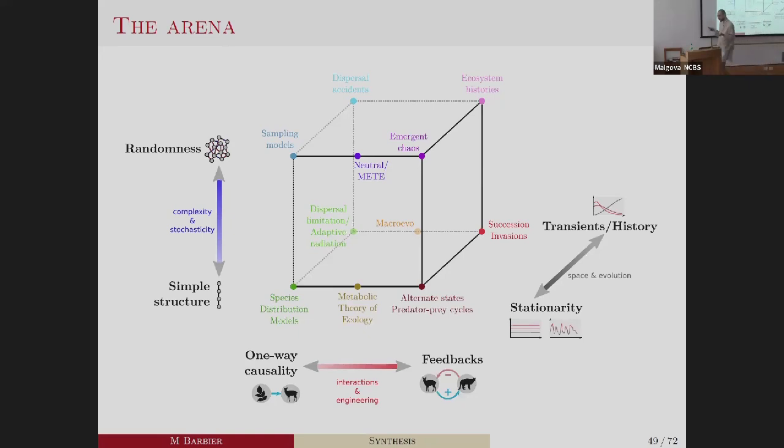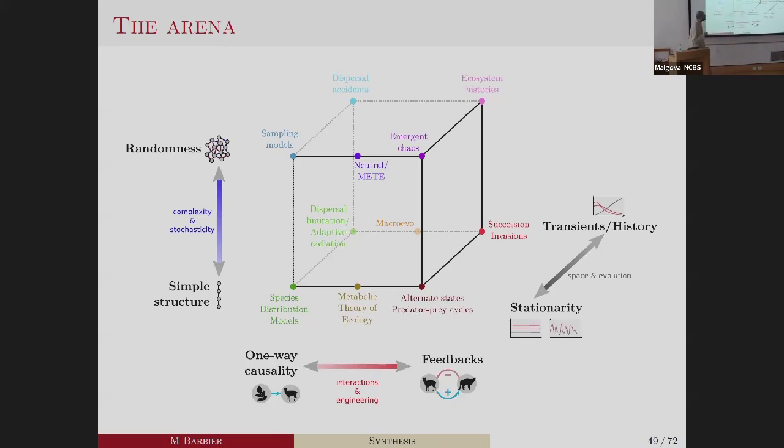And then at the end of my lecture, I'll talk a bit about the thing I mentioned yesterday, which is, if on the other hand, I'm a mathematician or a physicist, and what I care about is doing interesting physics or interesting mathematics, what do I get out of doing ecology? So I already talked about it a bit, but to start with, the first point I want to make is,